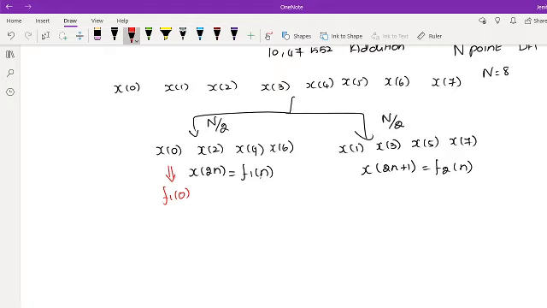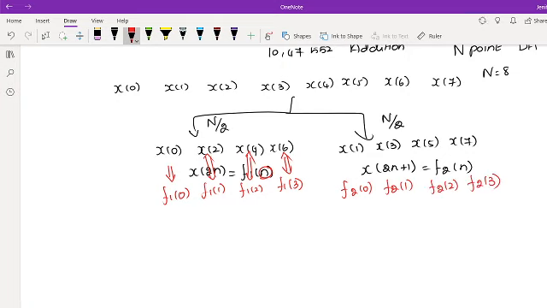The same way, in that n place, substitute n is equal to 1. So x of 2 into 1, x of 2. So f1 of 1 is equal to x of 2. The same way, f1 of 2 is equal to x of 4 and f1 of 3 is equal to x of 6. So, we rename x of 0, x of 2, x of 4 and x of 6 as f1 of 0, f1 of 1, f1 of 2 and f1 of 3. The same way, we give names to the odd sequence, that is f2 of 0, f2 of 1, f2 of 2 and f2 of 3.